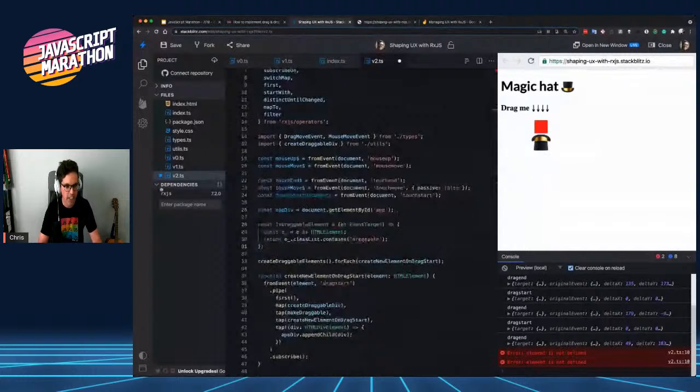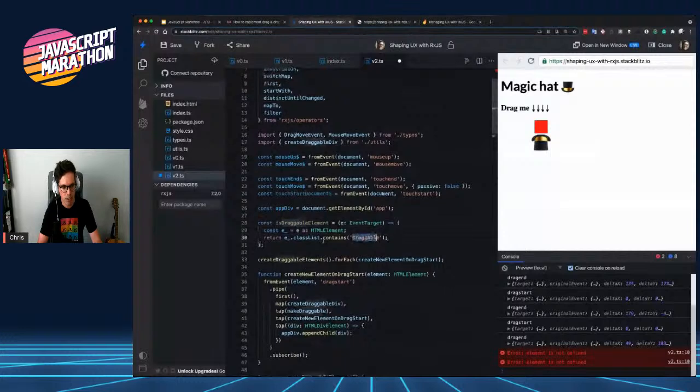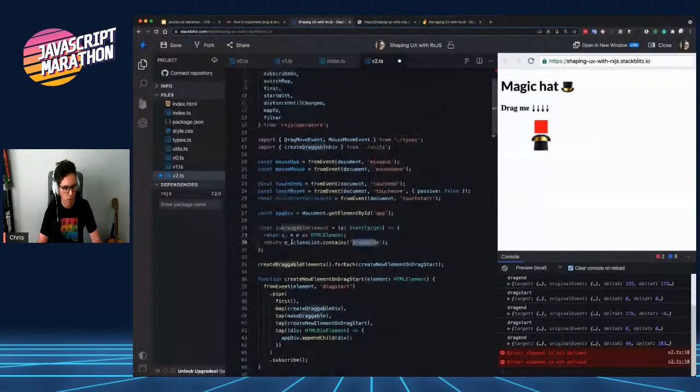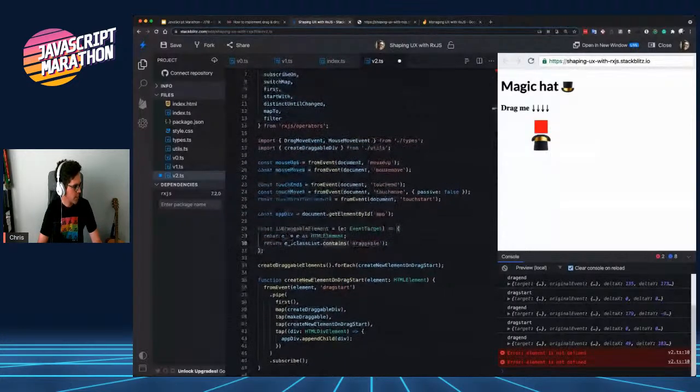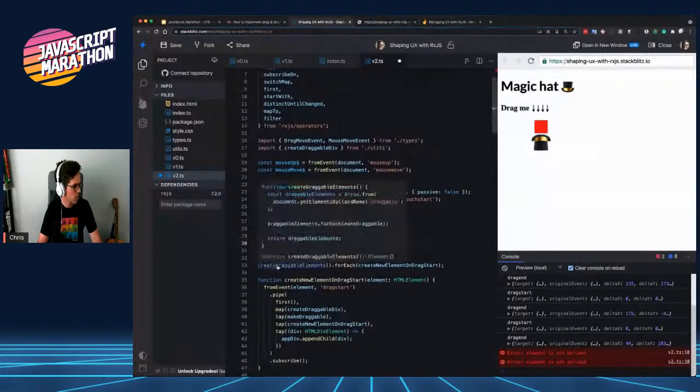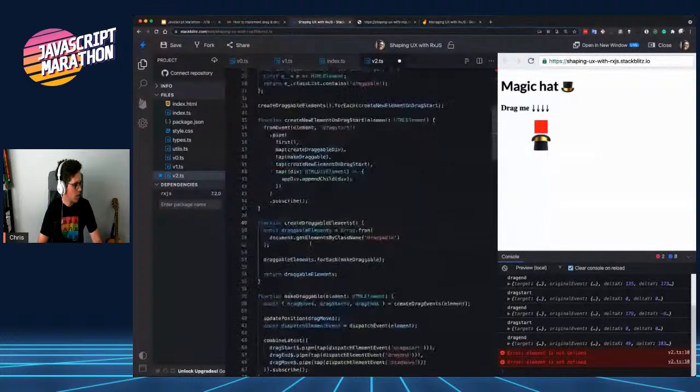So we need some kind of predicate to tell if our target element is actually draggable. So this is the simplest way I could think of, is basically see if our element contains a draggable class. And let's modify our create